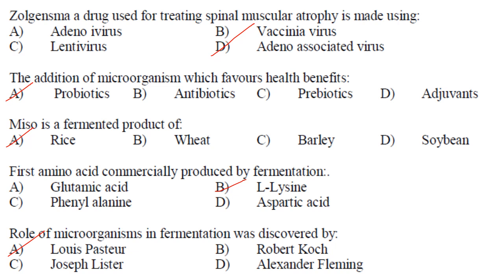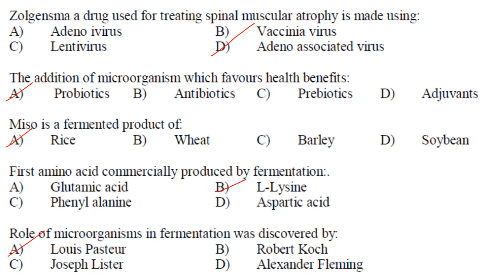Zolgensma, a drug used for treating spinal muscular atrophy, is made using. So patients with spinal muscular atrophy, they will have a defect in the gene known as SMN1. And it is required for normal functioning of nerves that control the various muscle movements. And Zolgensma, it is made up of a